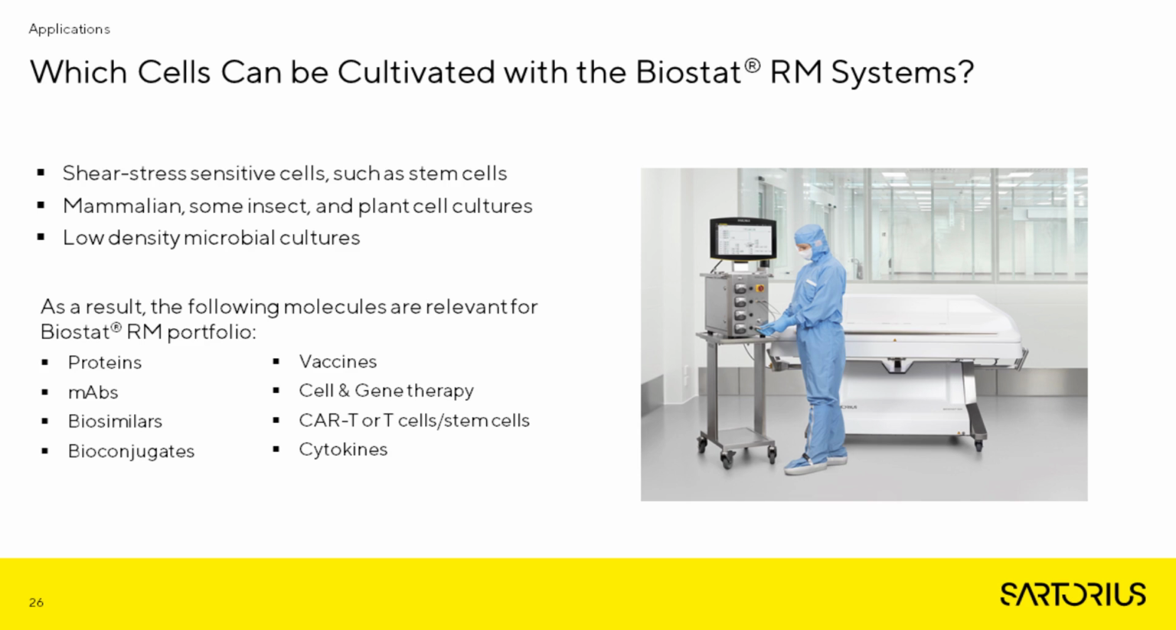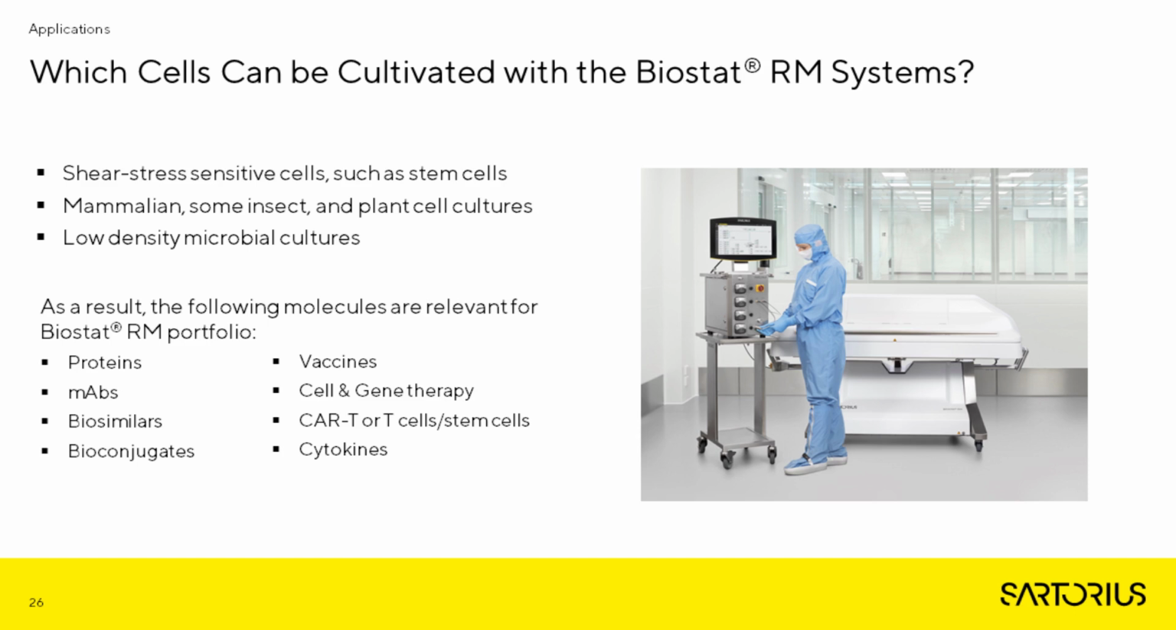So rich cells mainly can then be cultivated in the Biosat RM systems, and we can talk about our experience from so many times in the field. Shear stress sensitive cells, such as stem cells and immune cells, are a typical application for rocking motion reactors. Mammalian and some insect cells are also used, and as a result of all this, the molecules listed here are all